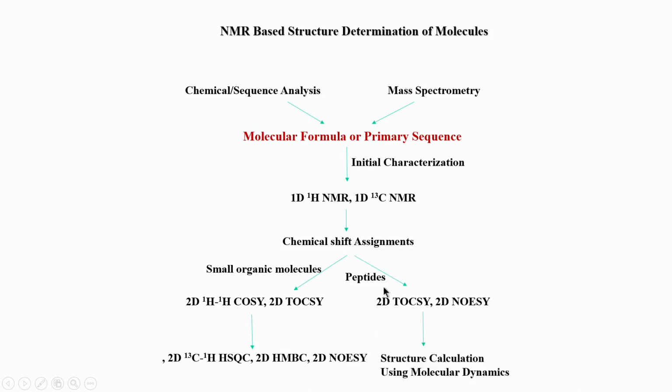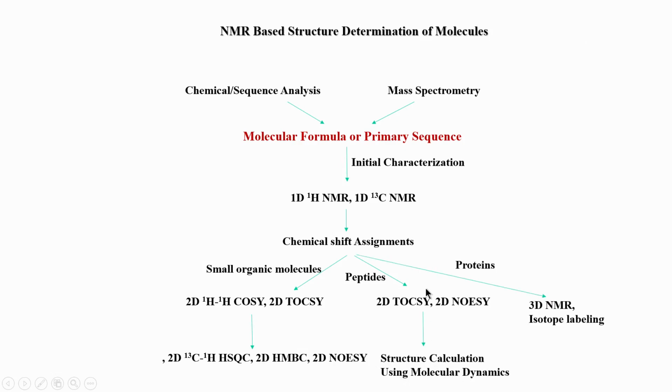But when it comes to biomolecules, for example, if you have small peptides, then the chemical shift assignments can be done with just these two experiments, 2D TOCSY and NOESY. Here there is no need for any labeling. We are not doing any labeling of a peptide; it is a natural peptide that we would have extracted or synthesized in an unlabeled form, and that can be used. And this can be solved, and then you can look at the structure of those peptides by using computer modeling, that is, molecular dynamics.